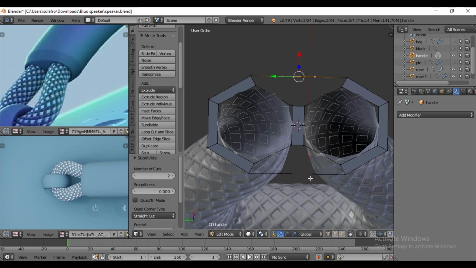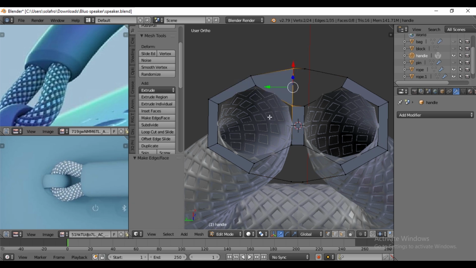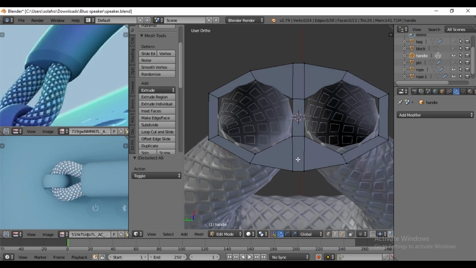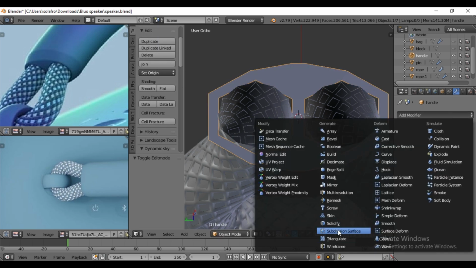By selecting the 4 vertices, then scale by pressing S on the Y-axis. And also scale on the X-axis. By pressing F, fill the gap. Go to the modifier tab, then add the subdivision.